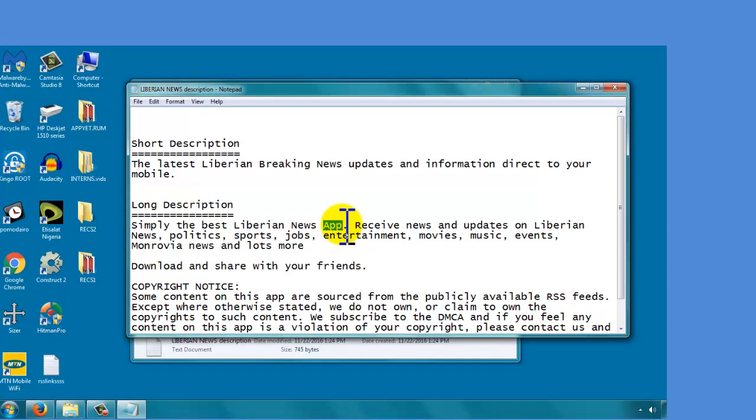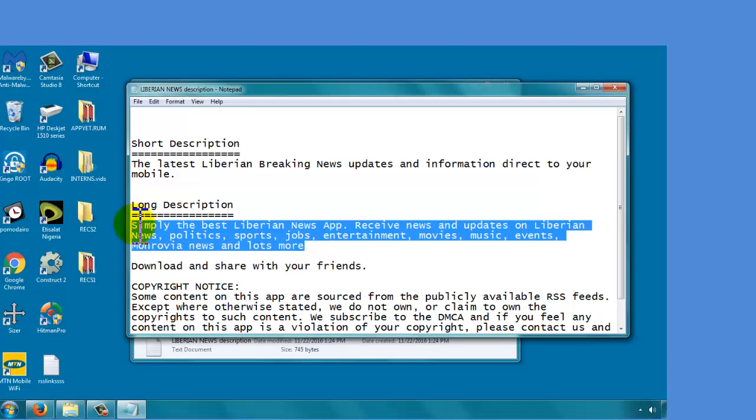If you have app in your description, it will help in getting those people to see your app too. Then you can also add just a few keywords like these: jobs, sports, things relating to the app, so that when people are searching for things like this, for example, from this description, simply the best Liberian news app,